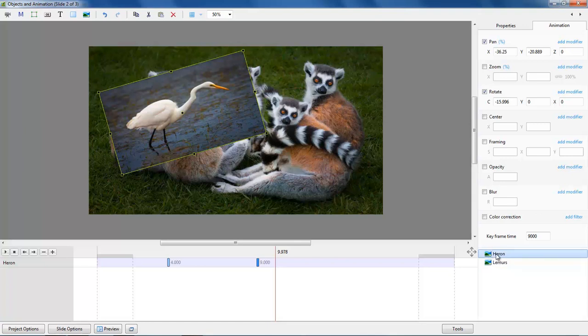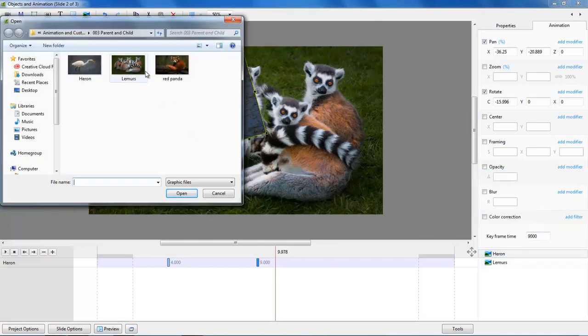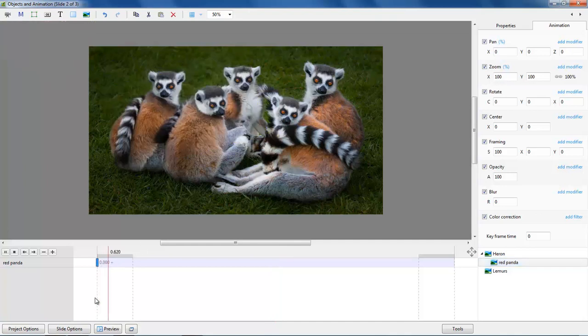But if I were to either right click the heron and add an image or go up to the add image icon at the top left, doesn't matter which, it's going to add the image in a different way in that box on the right. So when I do that and select the red panda, you can see exactly what happens. Not only has it taken on the same size, it's also taken on exactly the same animation. In fact, it's covering up the image that we first viewed,